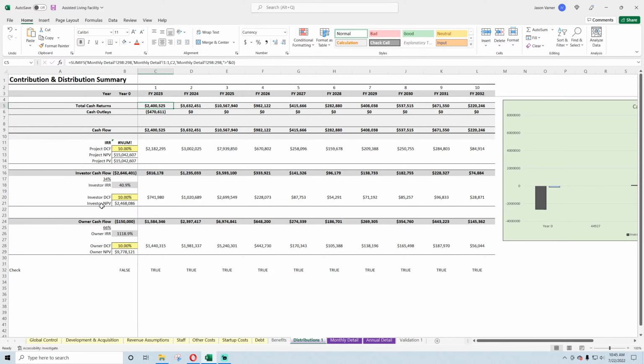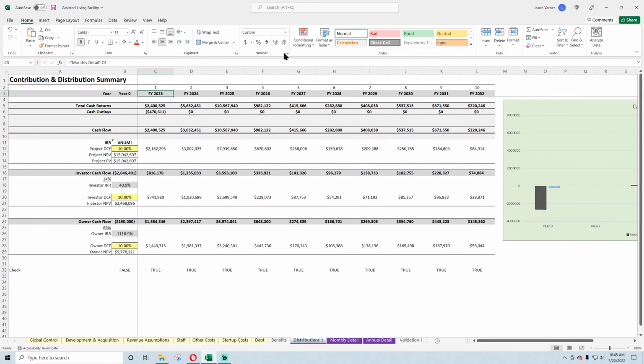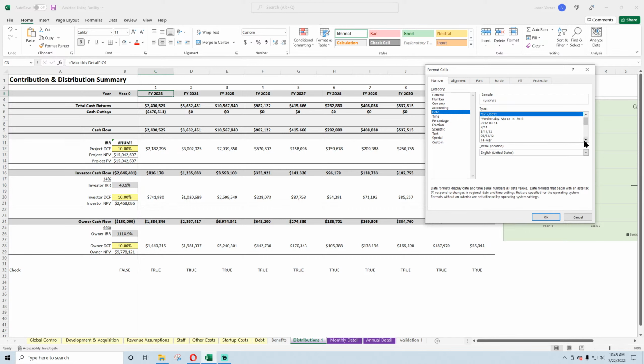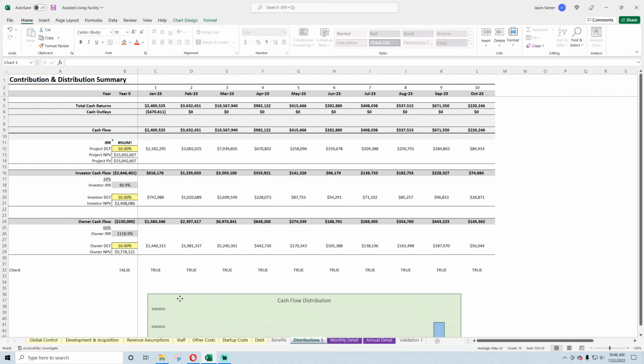But if I want to show the timing of when the investors are actually going to have to come up with the equity based on the operational assumptions and the actual months and when the cash is required to be used, we're going to have to go by month. I've done cash flow waterfalls monthly with 120 periods before, but never with this contribution distribution style. So we're going to have to put this down here,